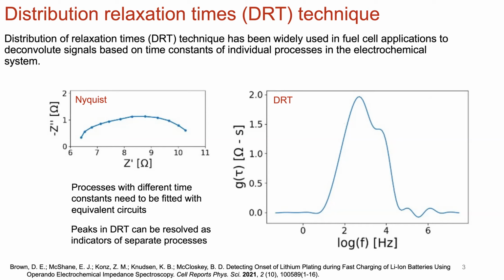Is it in the range of diffusion? Is it a Warburg impedance? Is it resistance through the SEI? So we can interpret and fit Nyquist plots and Bode plots and so on and so forth. But the other representation is this DRT, where you see immediately the distribution of the relaxation times here. So this is on the log scale, of course. So then you could try to fit these peaks that you see here with some noise and then map them to physical processes like lithium plating,